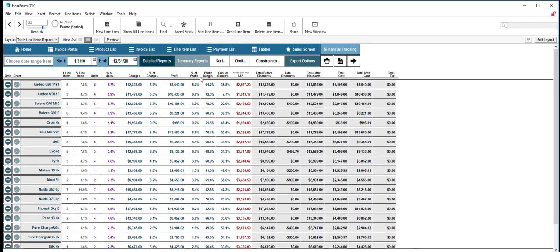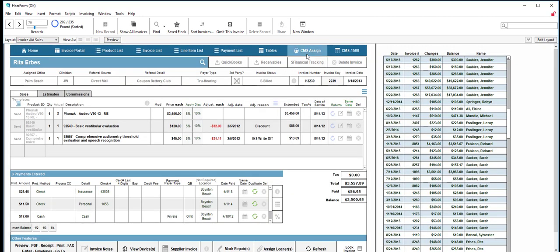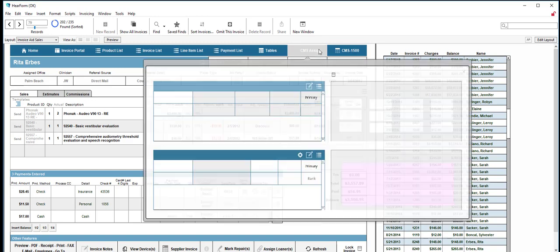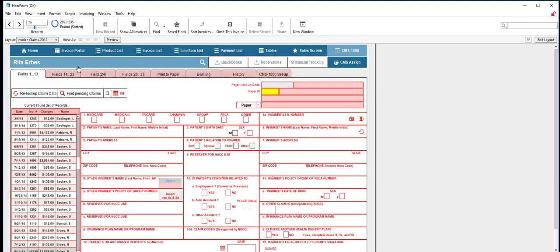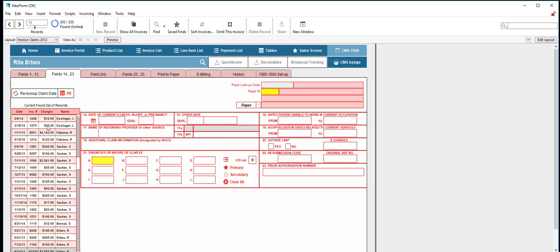So let's go back to our sales screen. It's also easier to interact with the CMS 1500 form. Again, you can assign the physicians and payers and all kinds of things right from here. And the CMS form is just easier to manipulate. You'll notice that, let's go to the charges area. I can actually